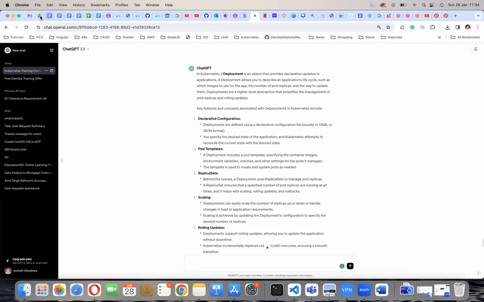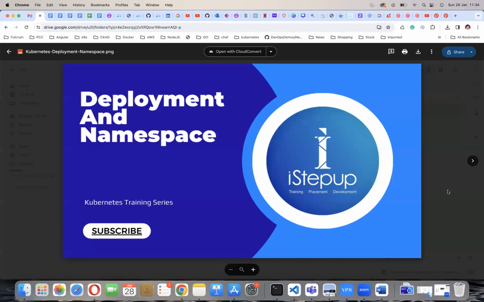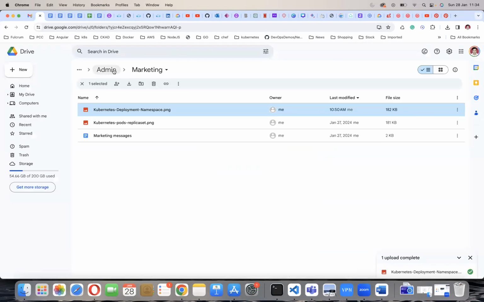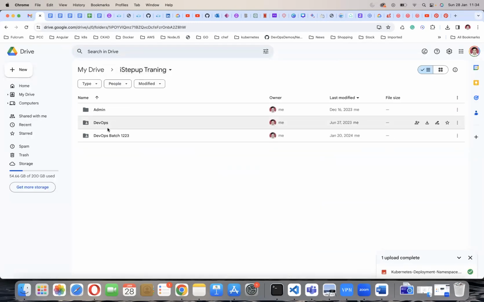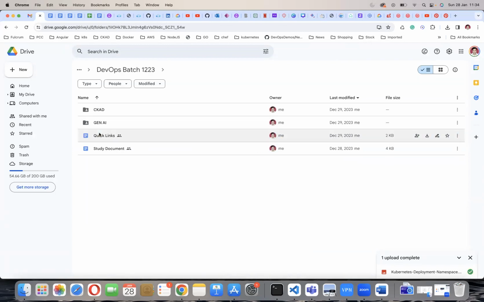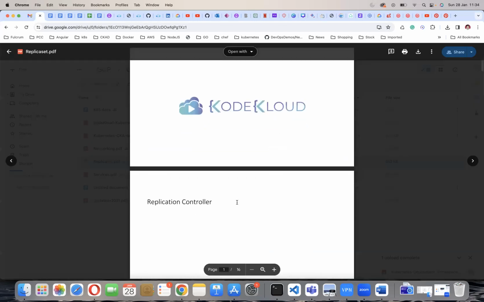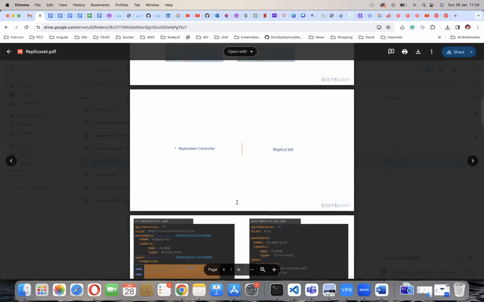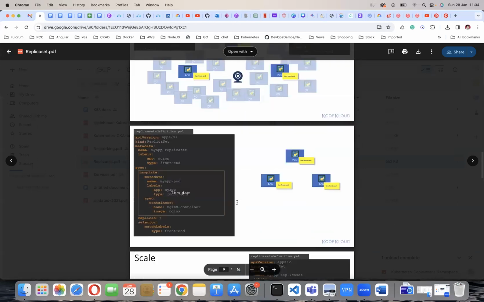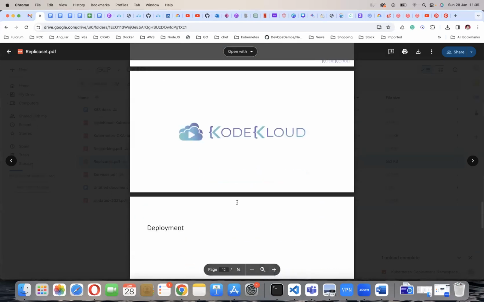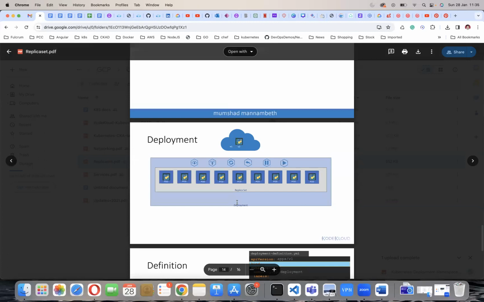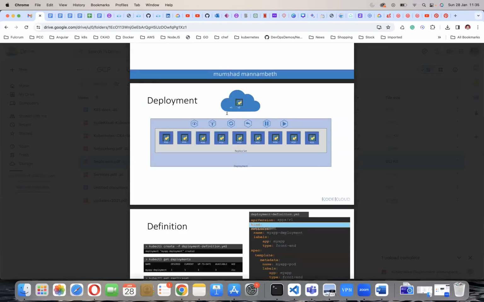Here is a very good description also, and I have a good one-minute step. There is very good documentation on the replica set: scaling, rollback, this thing. Just one minute. Deployment. If you can see in the deployment section, suppose you have the number of